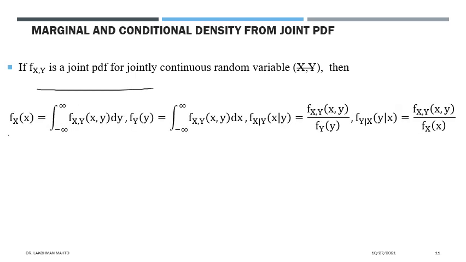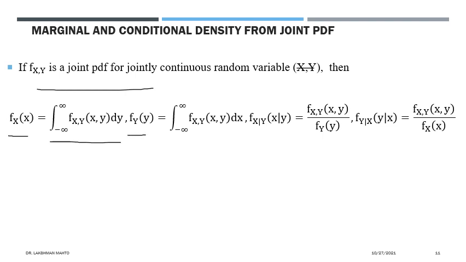How can we get the marginal PDF of x? We do marginalization with respect to y. That means we integrate the joint PDF with respect to y completely, from minus infinity to infinity. In that process y will be exhausted and the remaining thing would be just a function of x, and hence we get the marginal density of x. Likewise, we will also get the marginal density of y.